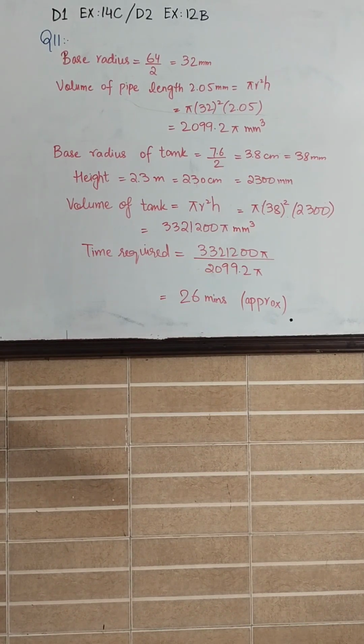For example, if all measurements are in millimeter, or all in centimeter, then all the measurements should be in the same unit. So here we have the radius in centimeter, so I converted it into millimeter,